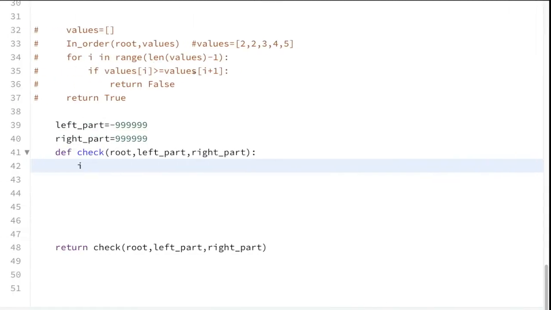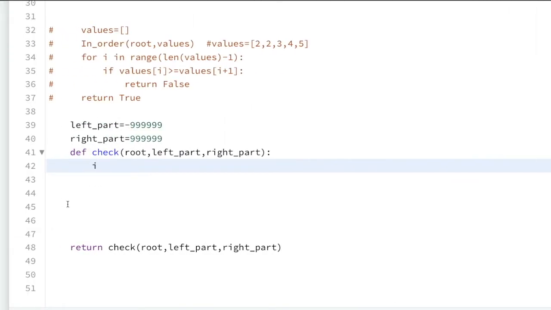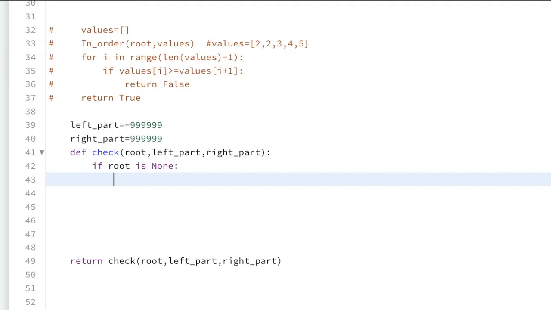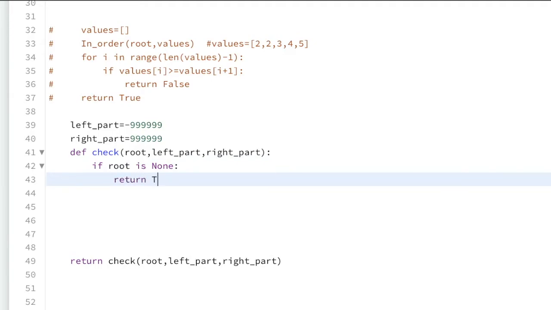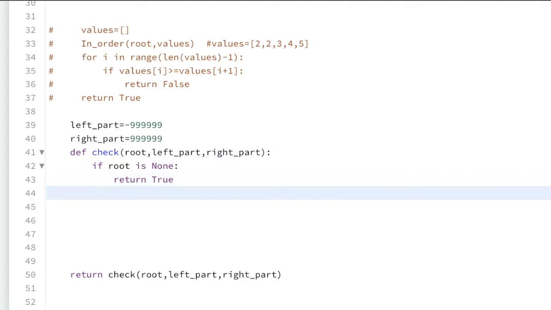First condition is our base condition: we check if root is none. If root is none, then we simply return true. Now this was our very first condition.